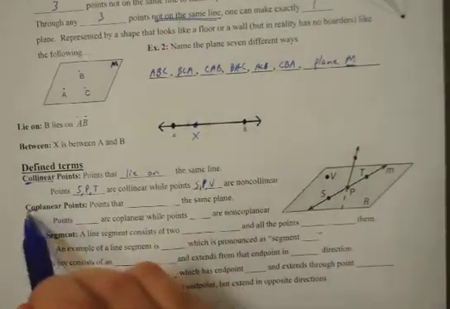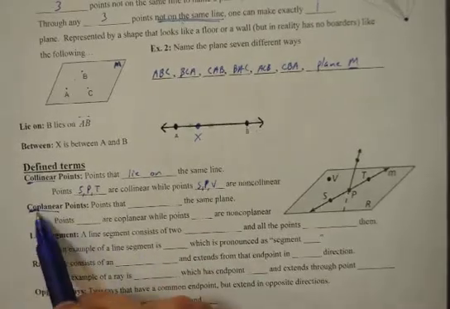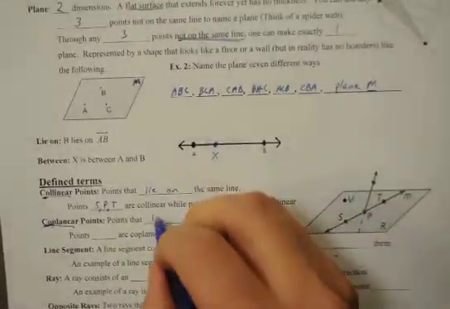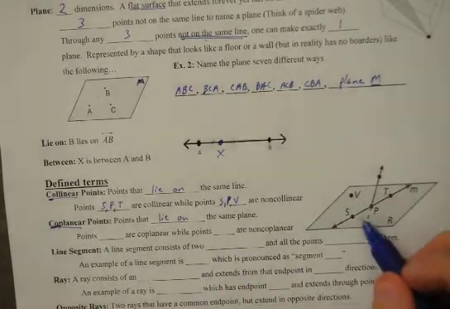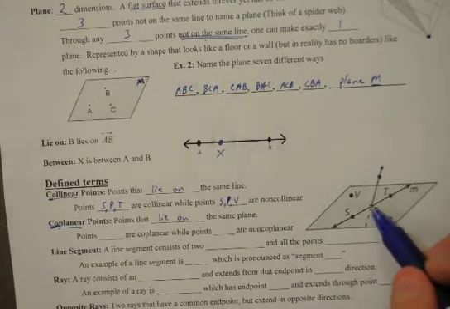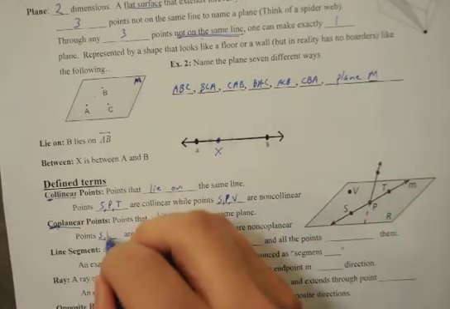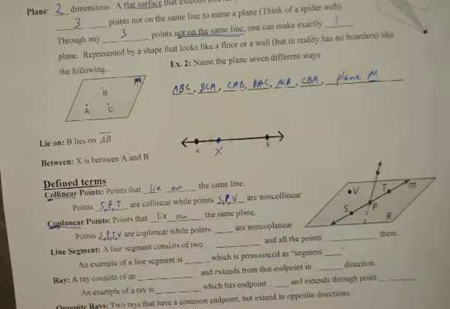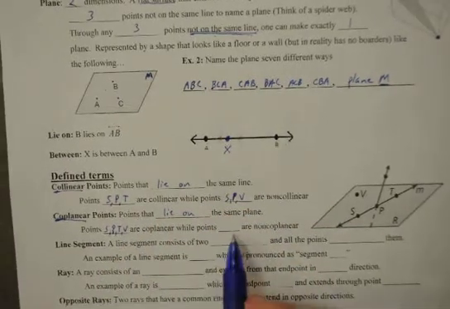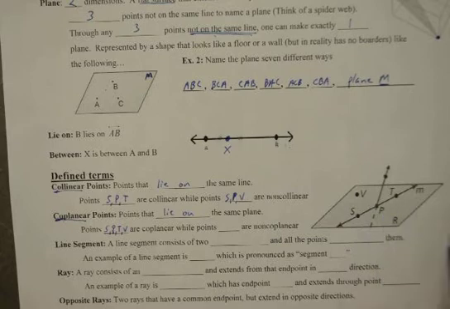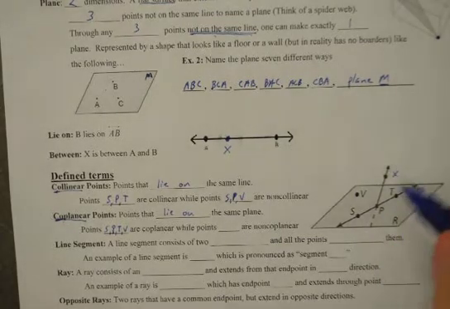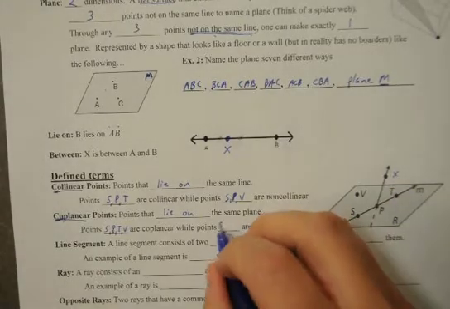And then same thing, coplanar. I wonder what that means. Co means same, so points that lie on the same plane. So in this scenario, you have to name any 3 points that lie on the same plane, so let's name 4 points. So for example, S, P, T, and V are coplanar, while points S, P, let's name this point X. This is like above the plane. Alright, so this is shooting above the plane.